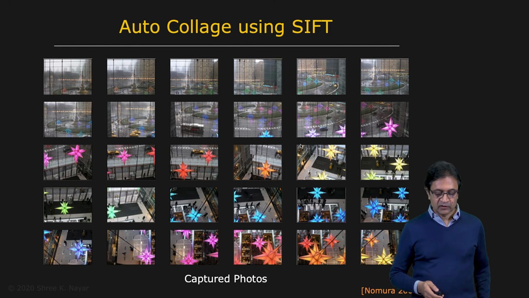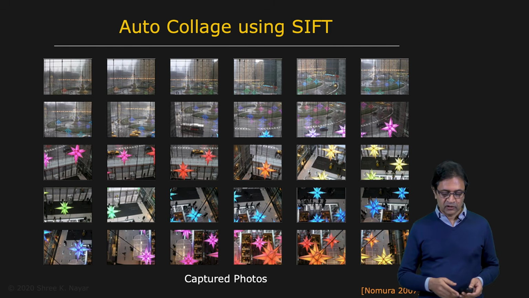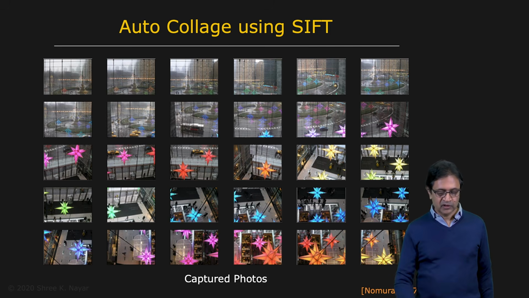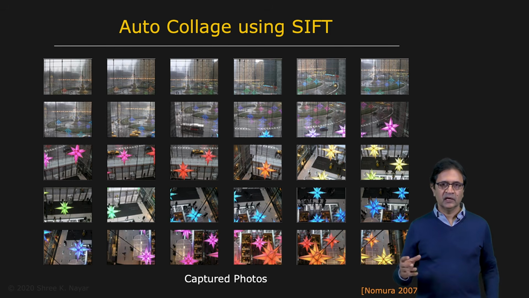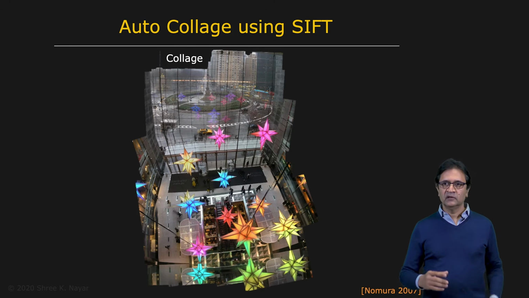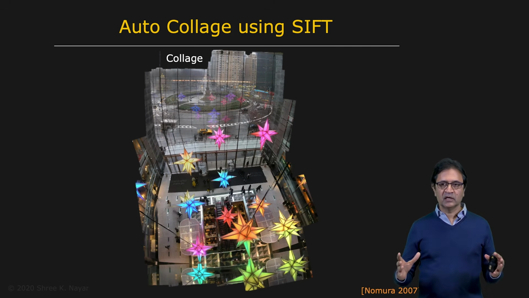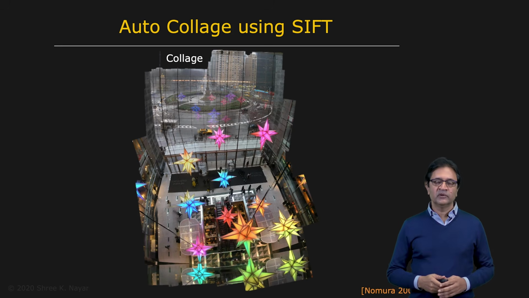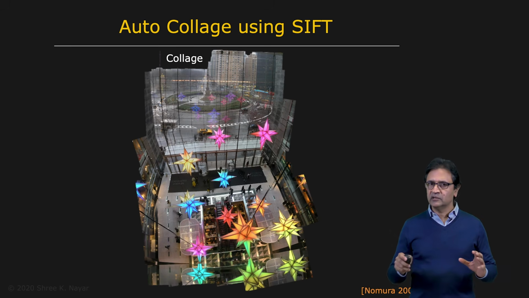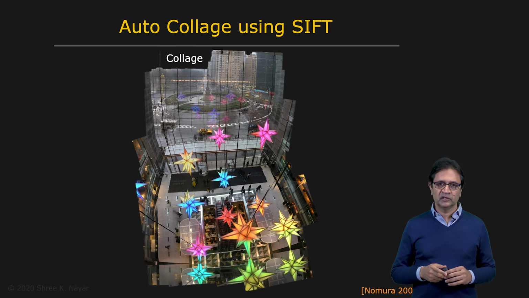The same thing can be done to construct collages. So here you have a large collection of images. You simply apply SIFT to each one of these, and then you match features among these different images, and you can bring these images together to create a single collage with a much wider field of view. So we've seen that the SIFT detector and descriptor can be used to solve a variety of visual matching problems, and we showed how it can be used for recognition as well.